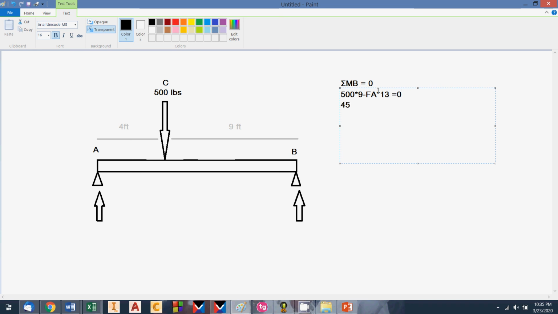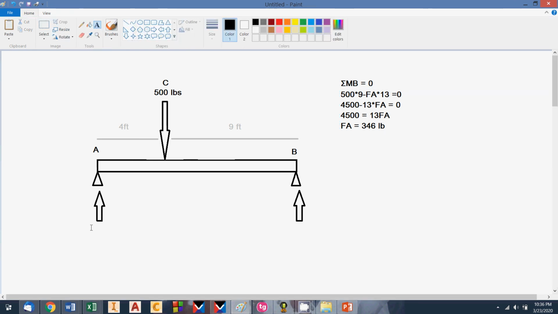So 4,500 minus 13 times force A equals 0. We'll rearrange it. 4,500 equals 13 times force A. Divide both sides by 13, and we'll find force A. 4,500 divided by 13 equals, a nice round number, 346.154, etc. All right, so this is force A. We'll make our lives a little bit easier. Let's just call it 346 pounds. So this is 346 pounds. So if I have 500 pounds down and 346 pounds up,